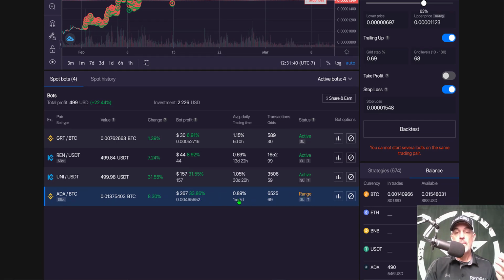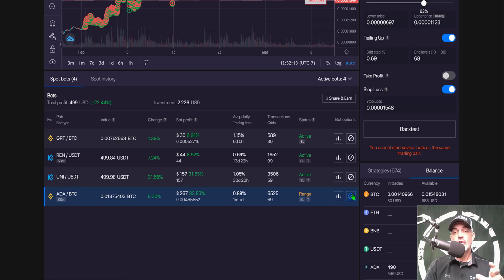And over that month-and-a-half time frame, it was performing well over the 1% up until the last couple days, and it did capture 33%, almost 34% profit, and that profit was paid to me in BTC. So the fact that BTC went up in price is a bonus to me as well. So this bot achieved its objective. I also ended up holding some ADA, which I don't mind holding long term as well, but it's time to